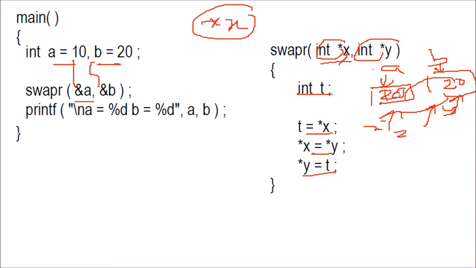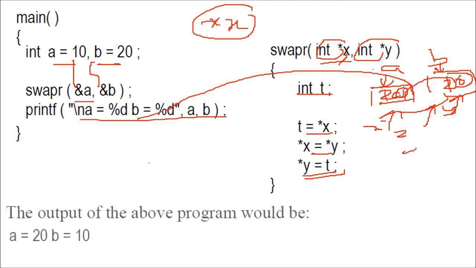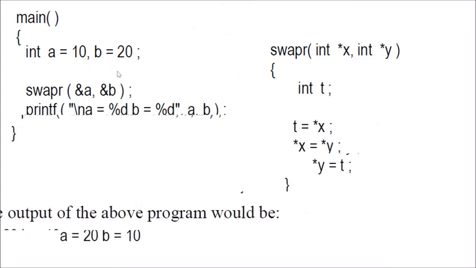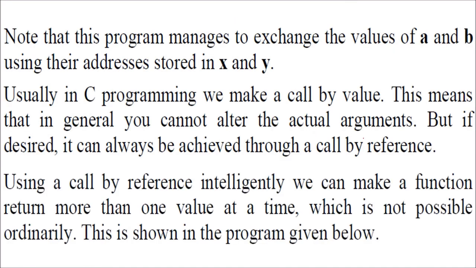So this memory location will now be changed. It is the same memory location, so either you print here or you print here, don't worry, it will be the same at any point. Here, printing, the values will be swapped, because you're sending the address location. So this is how we generally deal with call by reference when you want to change the actual values which are being sent,